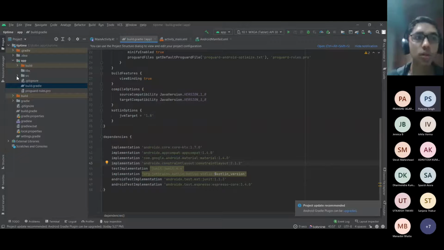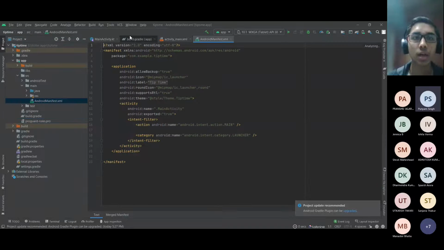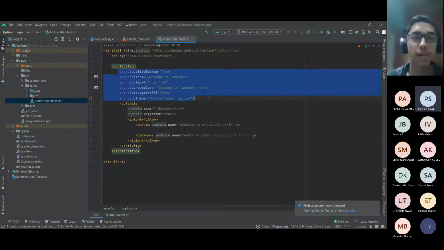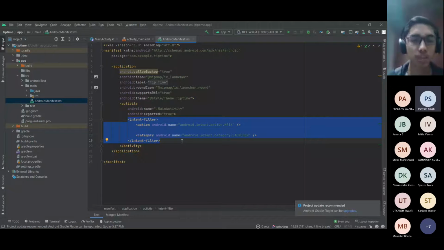Next comes our source folder, which is what SRC stands for. And then in that we've got your main module, and then in that we've got our Android manifest. So as you can see, it says manifest. That's your main tag, and inside that we've got our application tag. And then as you can see, it's got certain attributes, right? It says which icon to use, what the app name is, then what the theme is, which activities it consists of, and what the name of the activity is. And basically this intent filter, you won't have to worry about much for now.